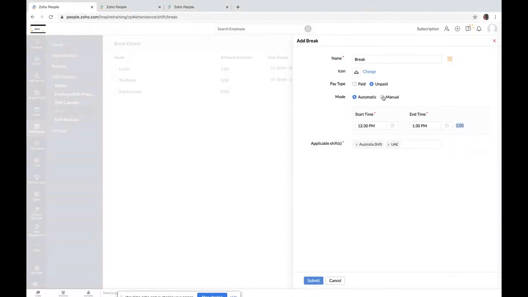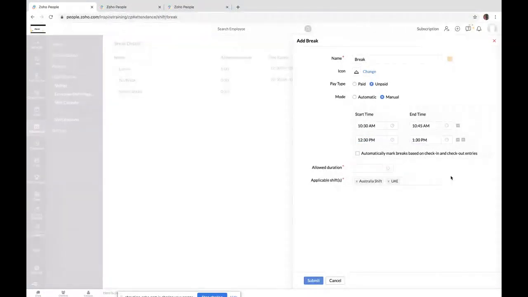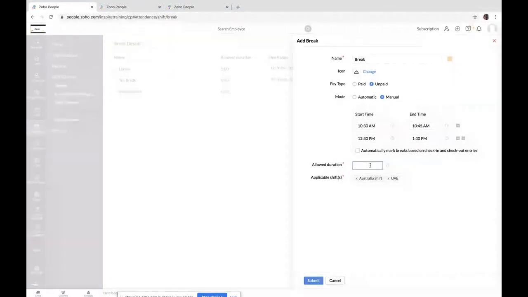Say you wish to use a manual mode of capturing this break. You can provide the start time and end time, say 10:30 a.m. to 10:45 a.m. and another break at 12:30 p.m. to 1:30 p.m., with a maximum allowed duration of 45 minutes.